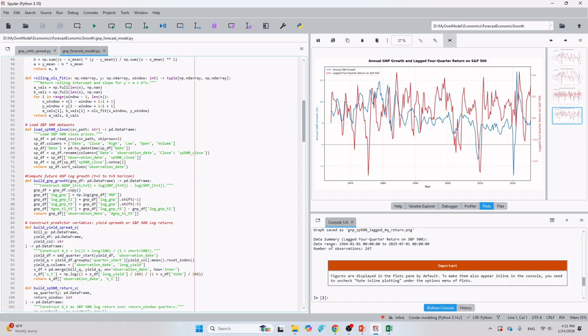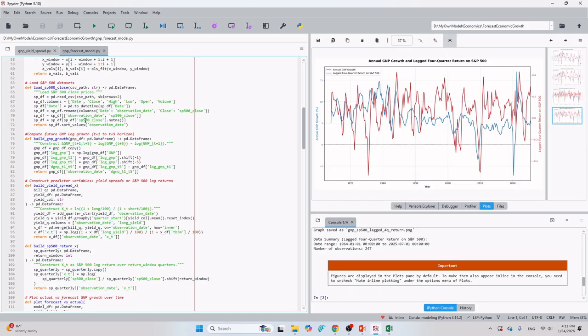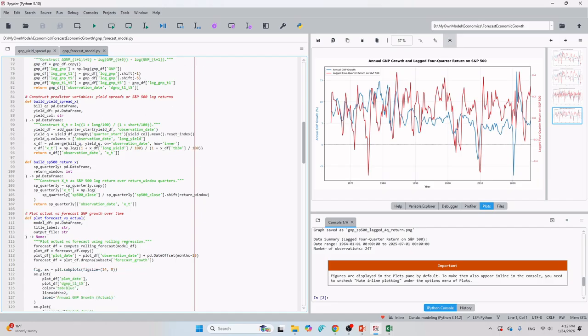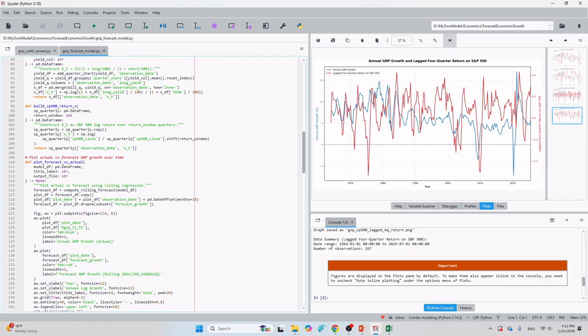And I'll load the S&P 500 datasets, and then I'll compute future GNP log growth. And here I'm going to construct the predictor variable, yield spread or S&P 500 log returns. Here I'm going to plot our forecast GNP growth against actual GNP growth to compare.